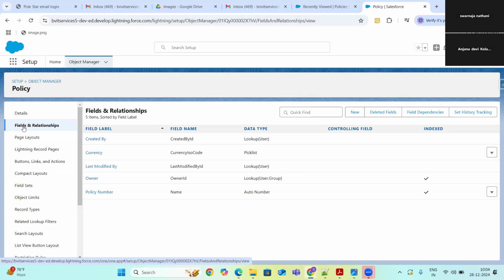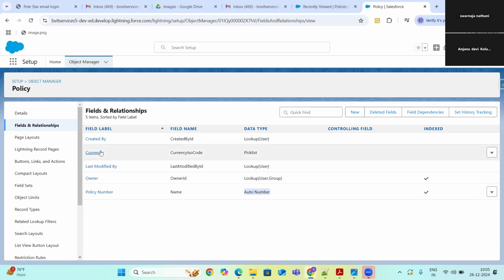Whenever I create the object, there is a policy number. This is the auto number field which I selected at the time of creating the object. Apart from that, I can see three more fields: created by, last modified by, and owner.